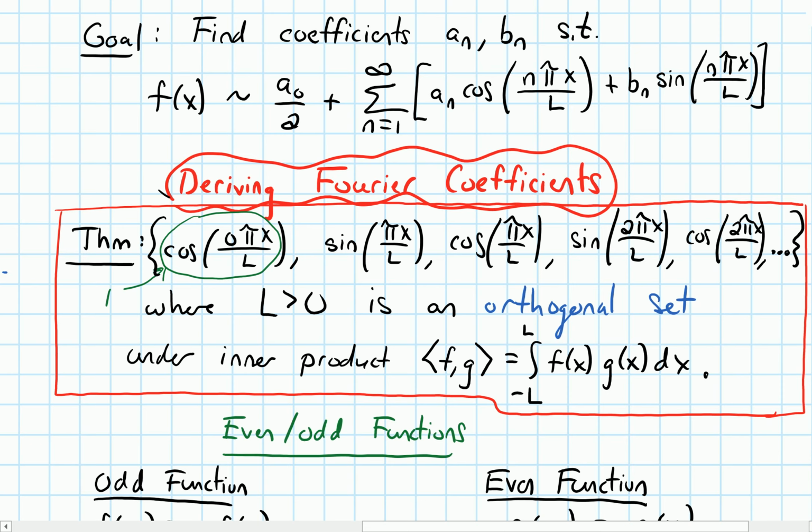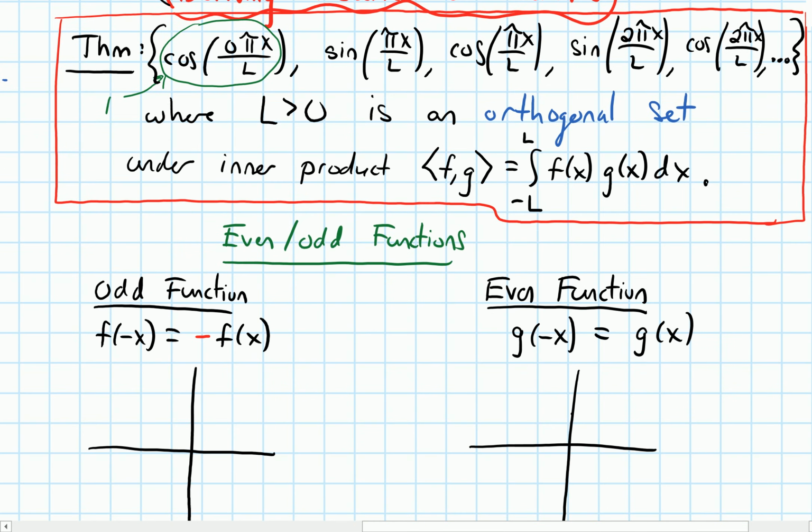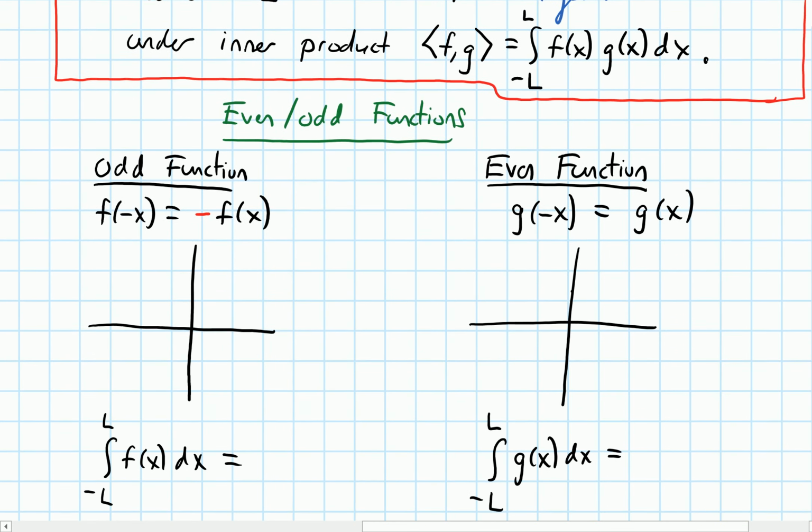One of the things that's going to help us show that these are orthogonal is using even and odd functions. We've talked about these before, so I'm just going to briefly review them. Recall that an odd function satisfies the formula that f of negative x equals negative f of x. Graphically, it turns out an odd function always goes through the origin, and whatever it looks like on one side of the origin,